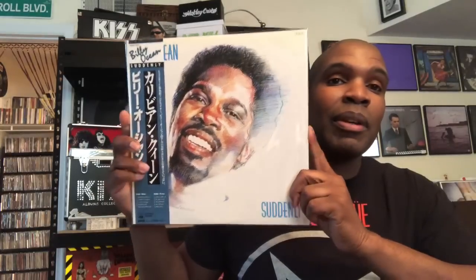And this is one where, again, I don't care what anybody says. And you guys kind of know that about me anyway. I'll pick up any album that I actually like and claim it. But if you ask me right now to pull out 50 of my top albums in my entire collection, this is going to be right there at the top. Maybe even pushing top 25 or top 30. But Billy Ocean, Suddenly. And this album is just...